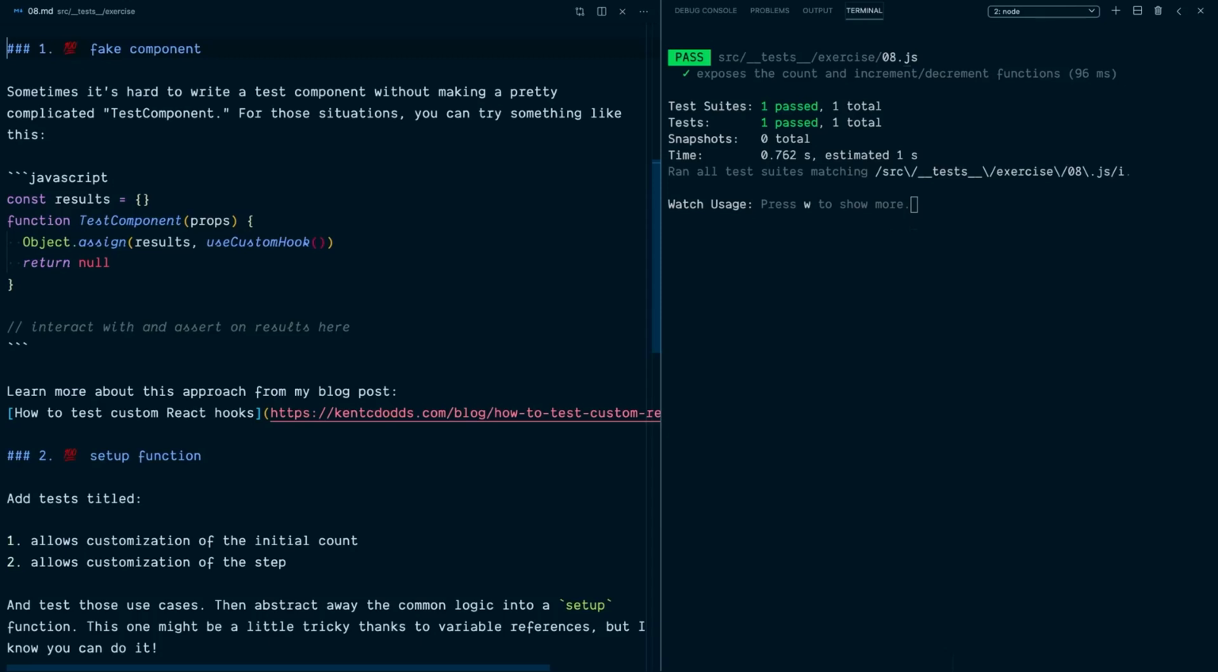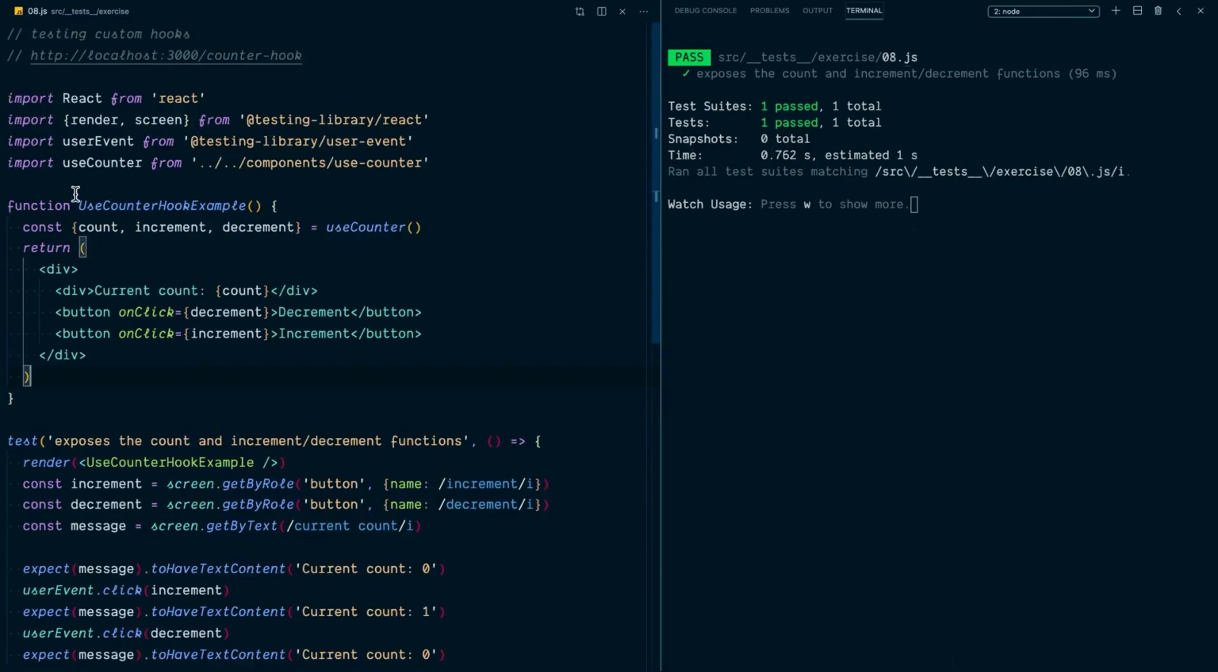All right, so sometimes you do have a custom hook that is pretty complicated, and making a custom component that uses that hook in the way that it should be used is a little bit difficult, especially when you want to cover some edge cases, and it makes your tests a little difficult to read. So what we're going to do is actually change this a little bit, and instead of having a custom hook